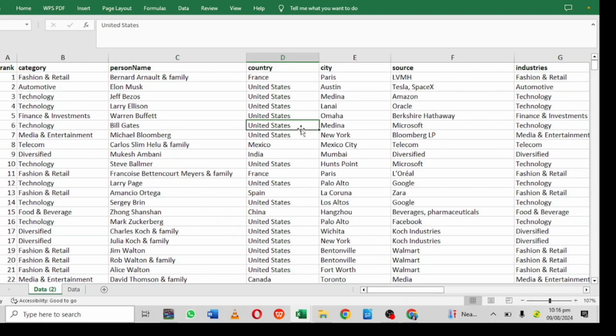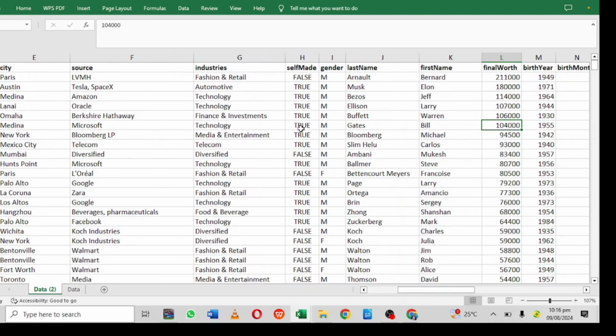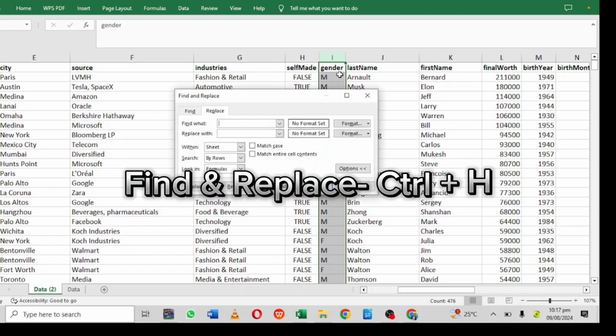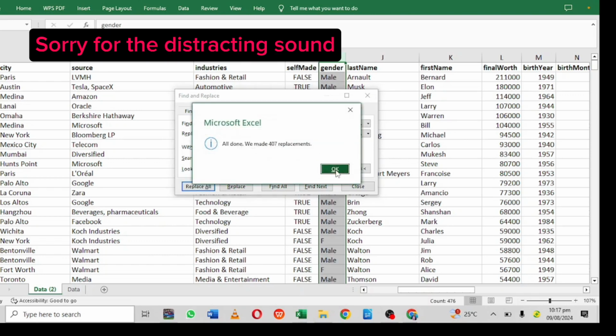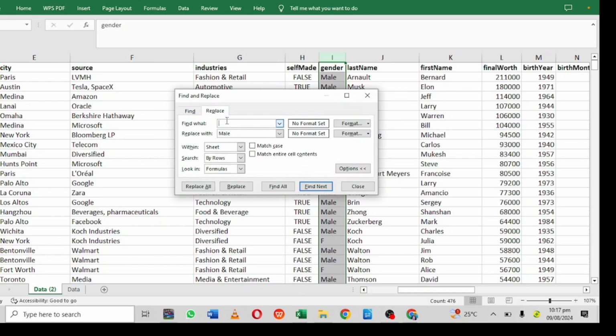We're going to look through the data set to see if there are other things we need to work on, like gender. Some people do not know that M is for male and F for female. So we can just help them by typing in full. So how do we go about that? We'll do Ctrl H because we already highlighted the column, and then we find M and then replace it with male, and then we replace all. Nice, you see it has been replaced. We say OK. Then next we find F and we replace it with female,